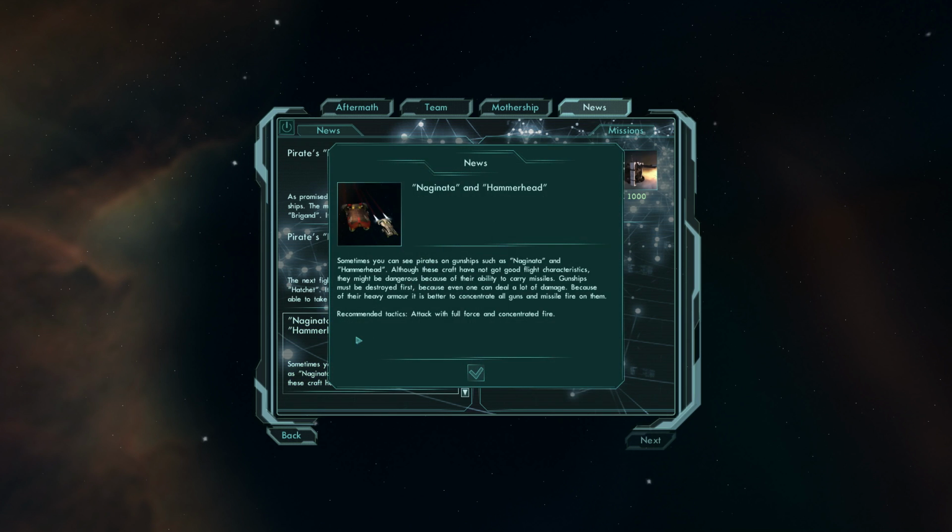Okay. Naginata and the Hammerhead. Sometimes you can see pirates on gunships such as the Naginata and the Hammerhead. Though these craft do not have good flight characteristics, they may be dangerous because of their ability to carry missiles. Gunships might be destroyed first because...